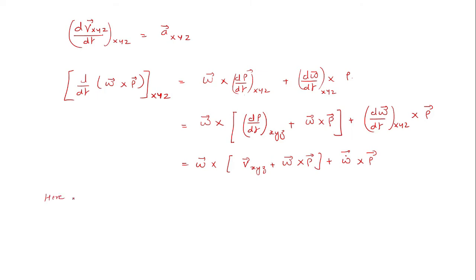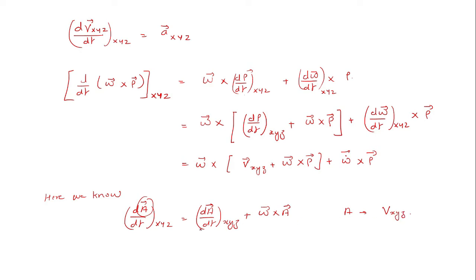Here we know the equation dA by dt with respect to capital XYZ is equal to dA by dt with respect to small xyz plus omega vector cross A vector. So instead of A here, we are replacing A with velocity of small xyz. Okay, so as such, dv xyz with respect to dt whole with respect to XYZ is equal to